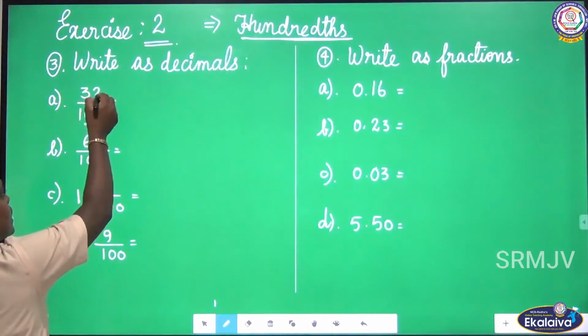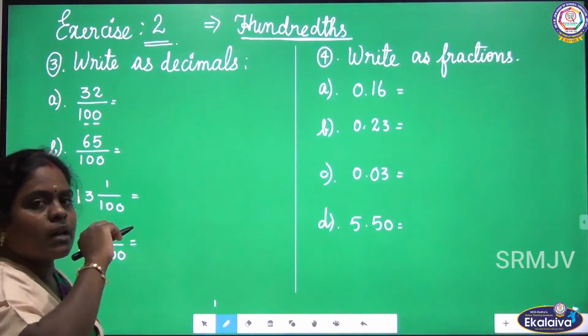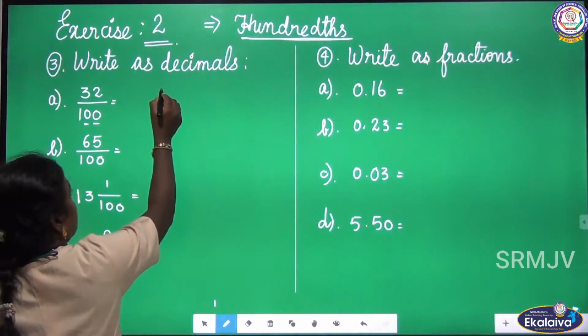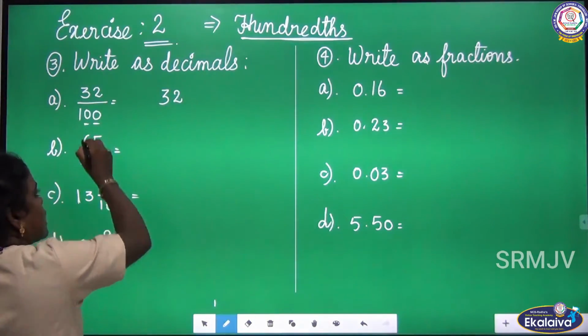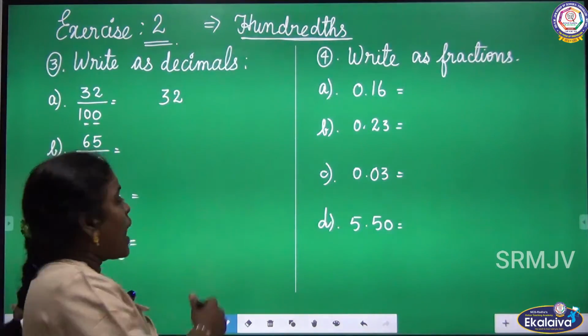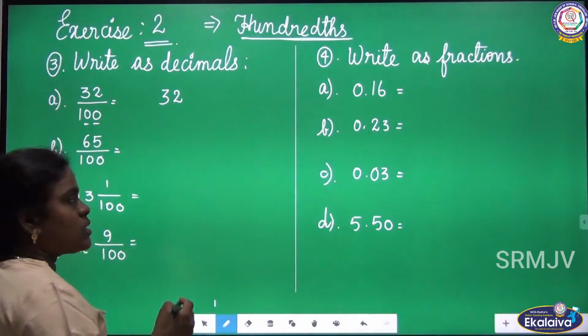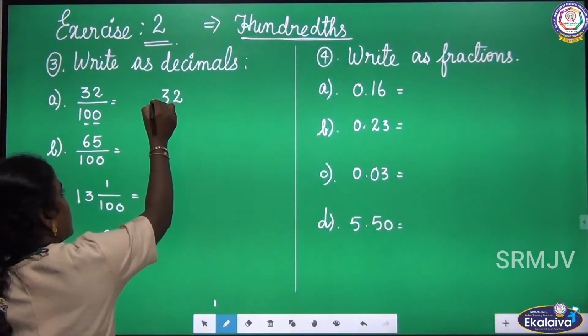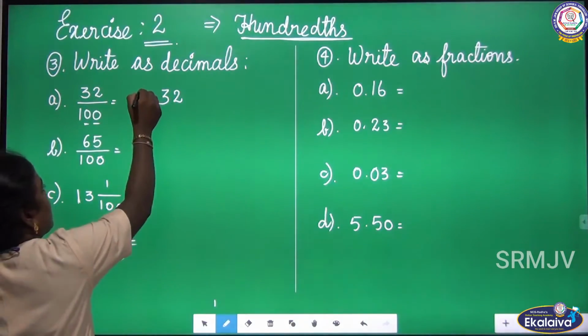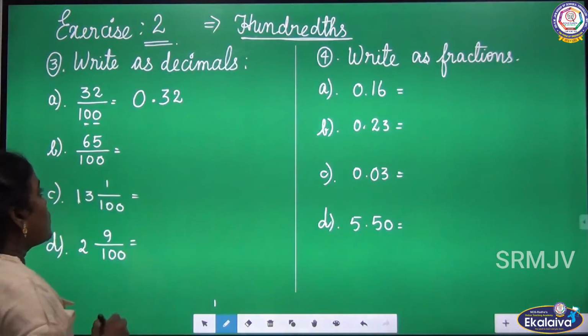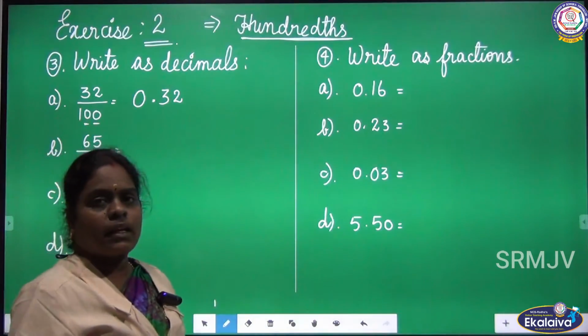Here the numerator is 32, that is the given number. Write the numerator. We have to place a dot before 2 digits, and here also we have 2 digits. So place a dot before 2 digits, and in the whole number part write 0. So 32 by 100 equals